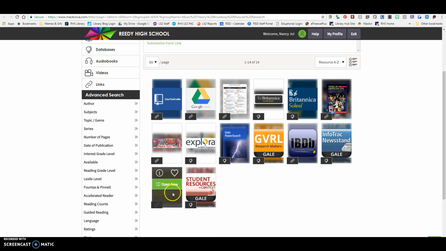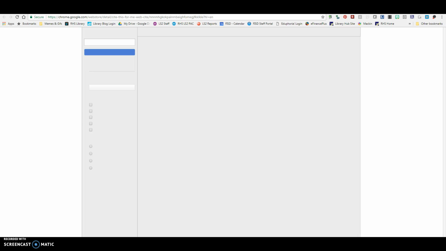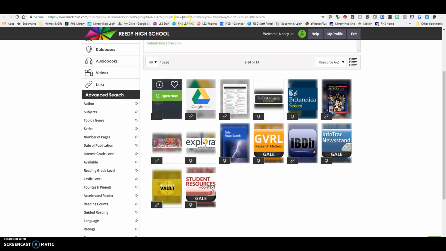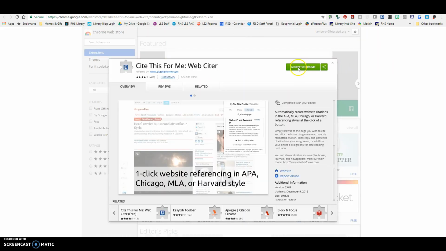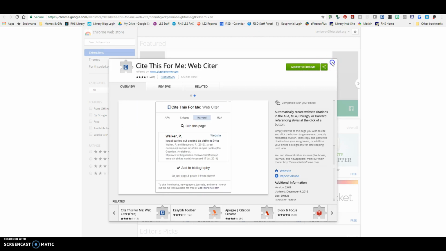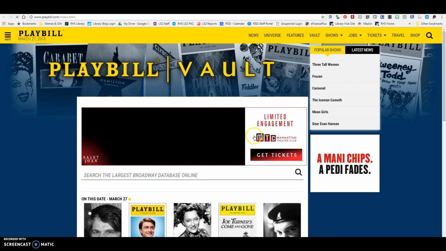This Playbill Vault right here, this is a website that you can use. If you install Cite This For Me right here, which if you click on that Cite This For Me, that's this right here. If you click on that, it'll say Add to Chrome. Just make sure you add it to Chrome, and it's this guy right here. So if I come in here and I search for music,